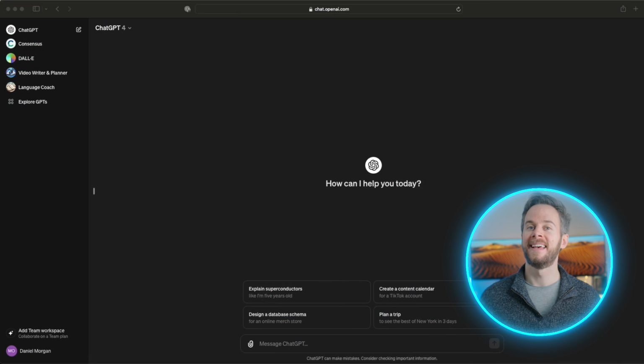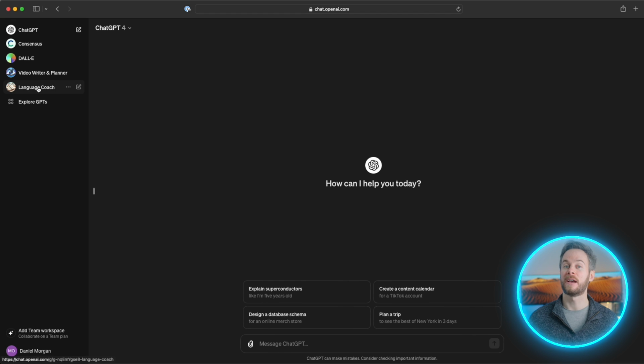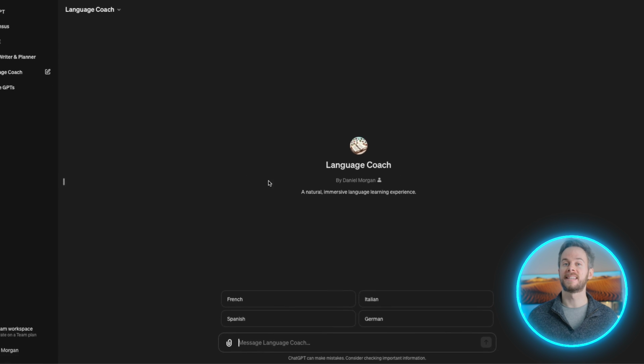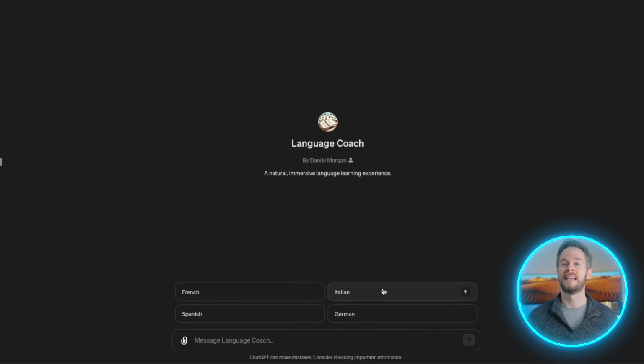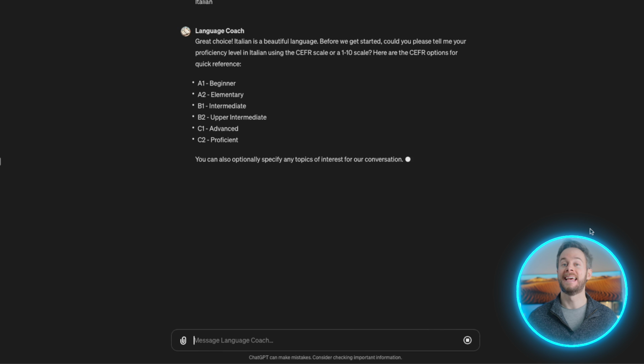So jumping straight in, this is the ChatGPT user interface, and down the left side we have our custom GPTs, and as you can see, one of the ones that I've already created is the language coach. So once I've clicked on this, it's going to prompt you to enter your language of choice. In my case, I'm going to choose Italian, and then the next question it's going to ask me is my current level of Italian, and this will apply to whichever language you choose, and in my case, I'm going to enter A2. This level corresponds to the CEFR language proficiency standard,